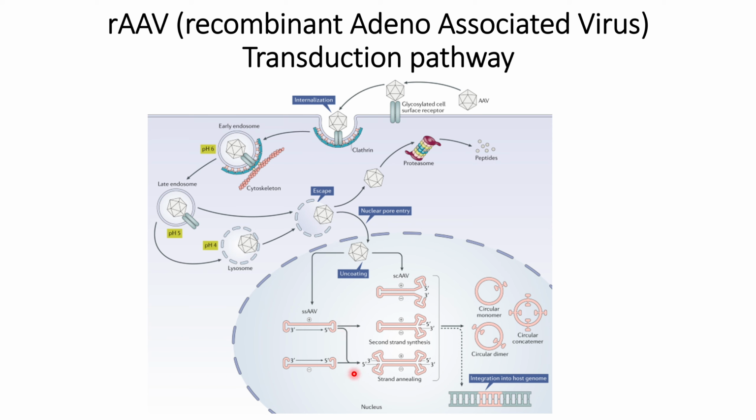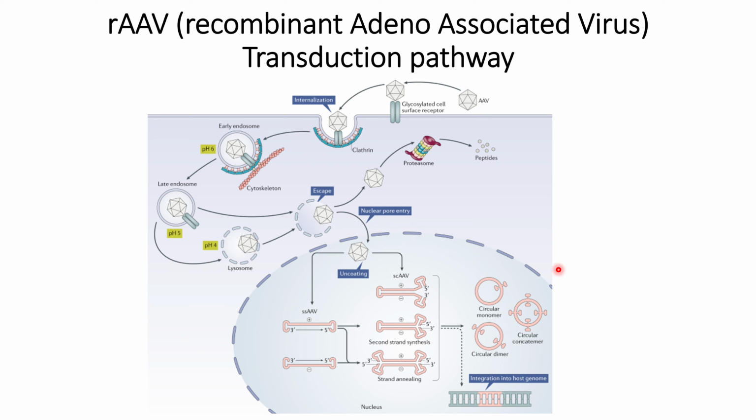So after this strand annealing takes place, because of the viral ITR that helps in the circularization of this strand, the circular monomer, or circular concatemer in case more than one genome is present, or circular dimer in case two genomes are present, will then be transcribed with the